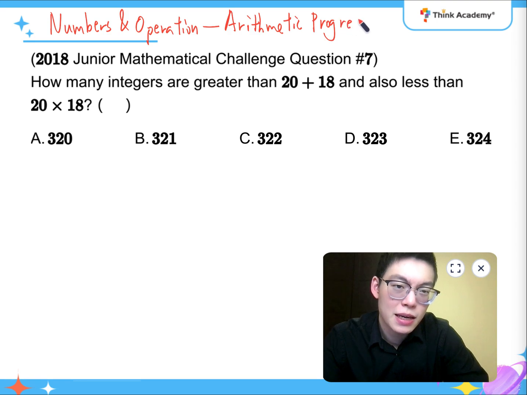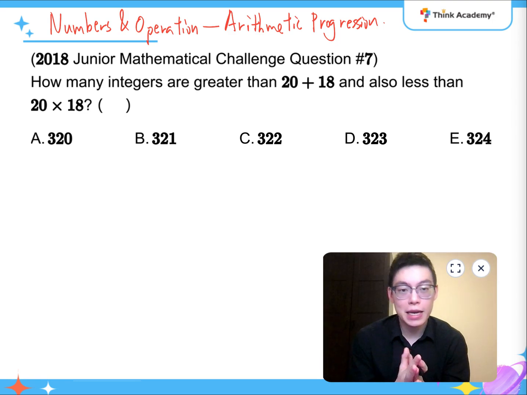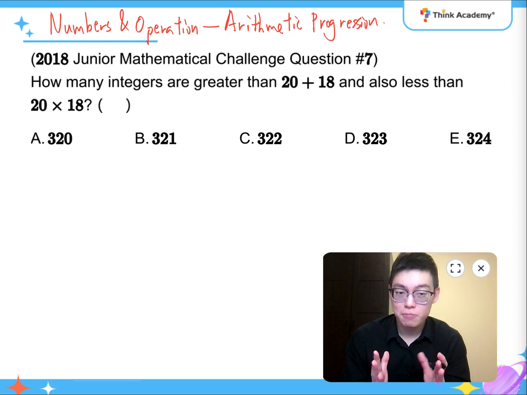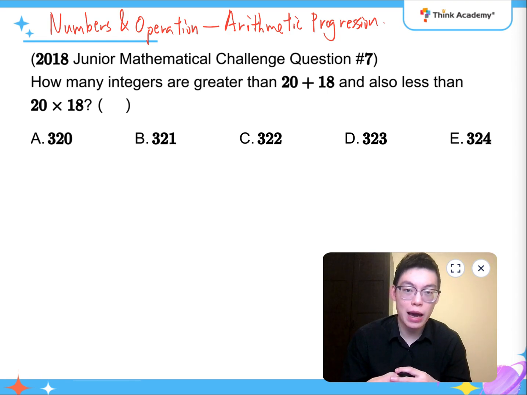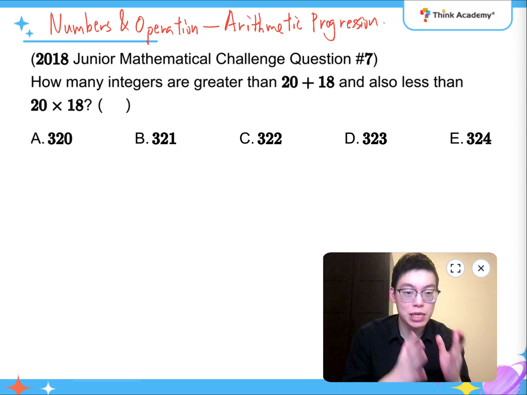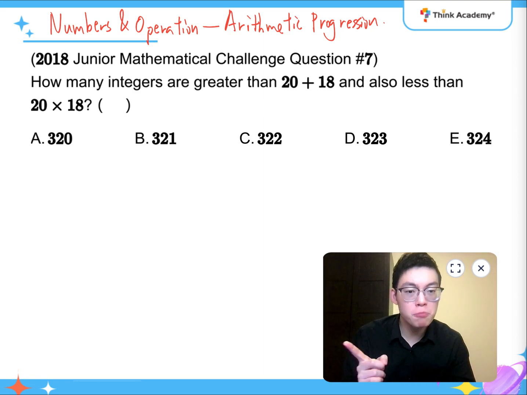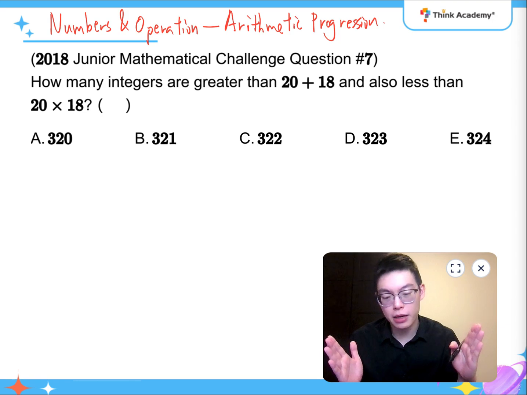Because what we are using in this question is how to find the number of terms in an arithmetic progression. As you can see, I want to know how many integers are there between 20 adding 18 and 20 times 18 exclusively, right? So once I know the smallest number and the largest number, I will be able to